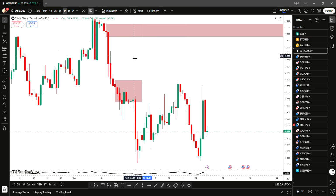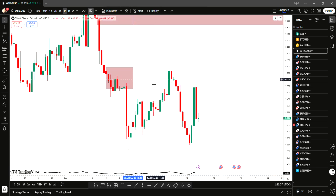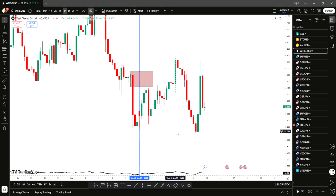So after you come back to the 4 hour, you see now you can refine this to this area like this, and then here now is where the goal is. You're going to refine this to this supply zone. Now this is a 4 hour supply zone, and you see what happened, guys. This is what I'm telling you, it gave us around 120 pips and then started